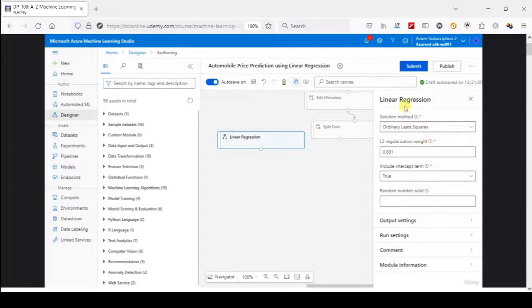And the first one is the solution method. Now, this parameter actually decides how we are going to derive the final equation for linear regression. We know one of the methods to solve linear regression is ordinary least square, or OLS. Then we also have the online gradient descent as another method. So first, let's finish one experiment using the OLS method, and then we will learn about this online gradient as